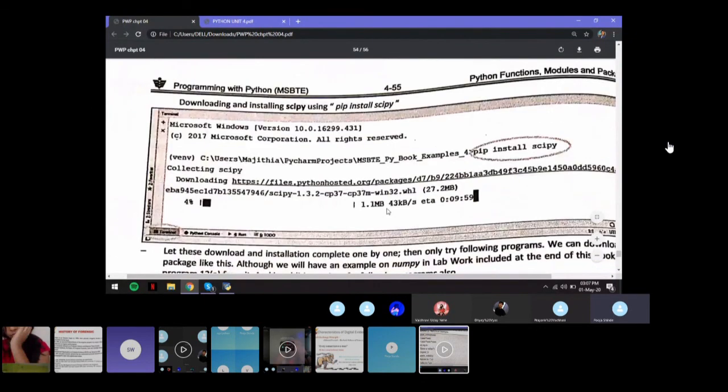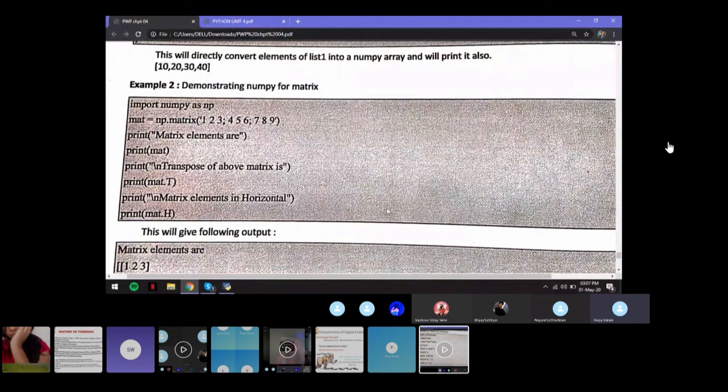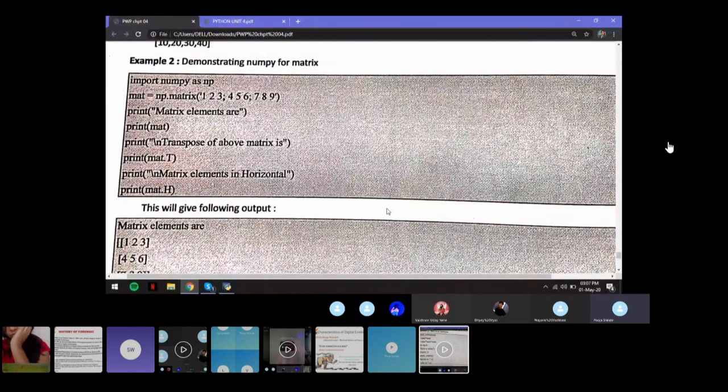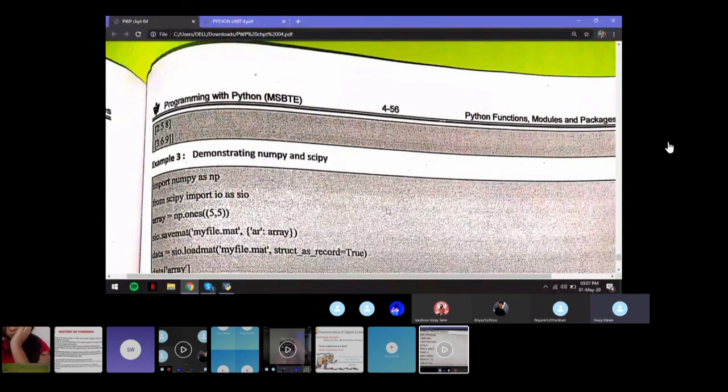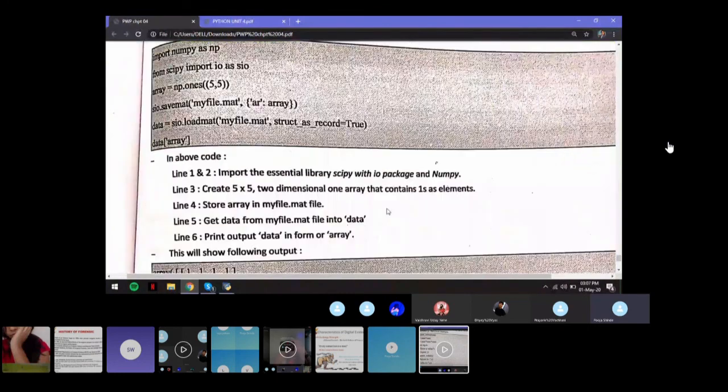And then using these packages, you can import whatever functions they provide to do various kinds of operations on your data. So depending on your program, you can import all of these modules and all of these packages inside your program.